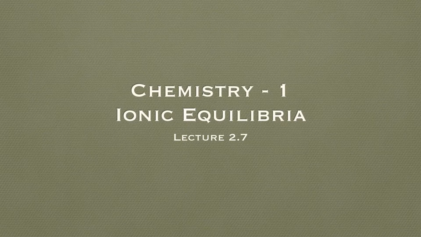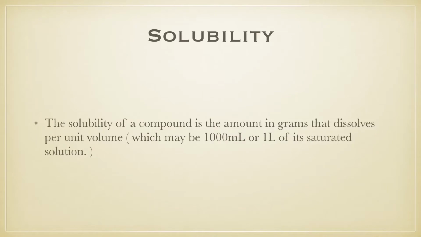To understand the relationship between solubility and solubility product, first we have to understand what solubility is. We always come across this word soluble or dissolves. When we say something dissolves in water, that means that compound is soluble in water, right? Salt in water, sugar in water, we say. Today we'll understand the exact definition of solubility.